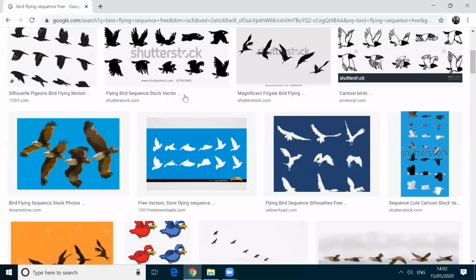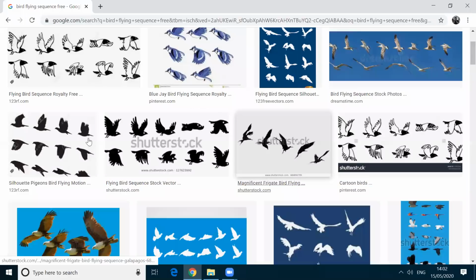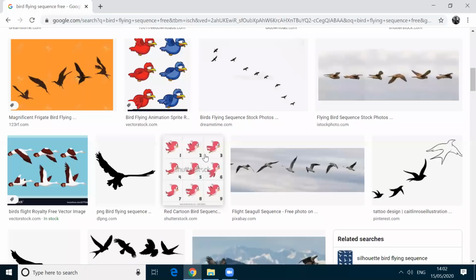See here. Here in the Google, I have typed bird flying sequence free. Sequence is nothing but each step of the bird from flying starting to ending stage. So it is having some images.